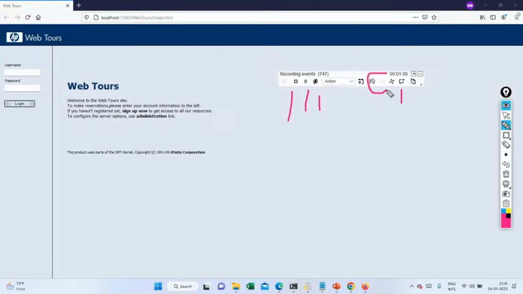If I click on it, you have to give some name. What is the next action that I'm going to perform? Login. So you have to give the name, let's say login. Click OK. When you click OK, this end transaction will be enabled, but don't click it. Before that, you have to manually go and perform the action whatever you want. For the transaction you started, login, just do it manually. Here you enter username, password, and click on login button. Okay, now the login is done. Now when the login is done, wait for 4 or 5 seconds or the page